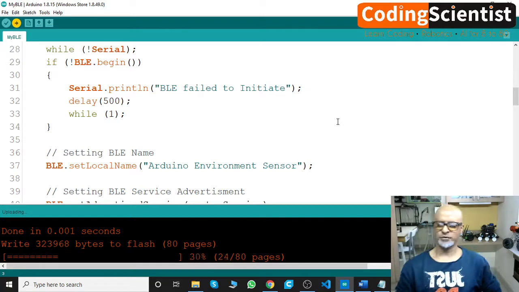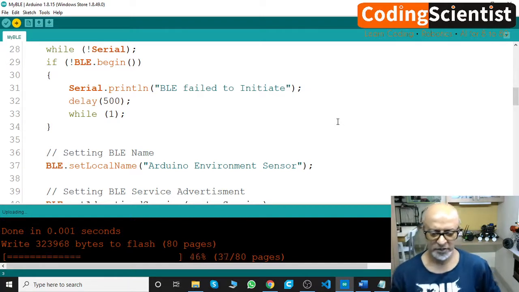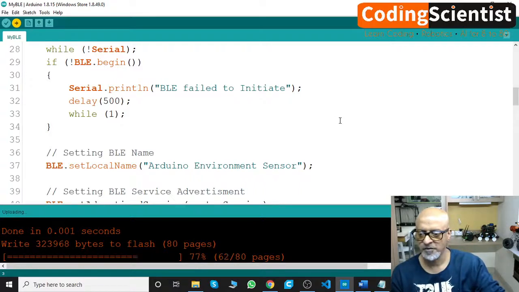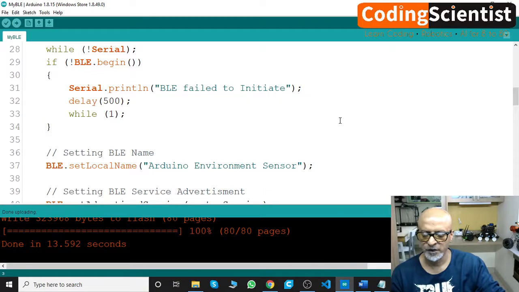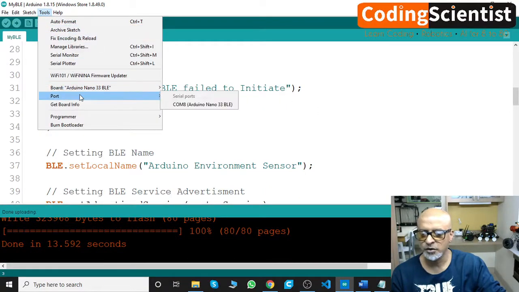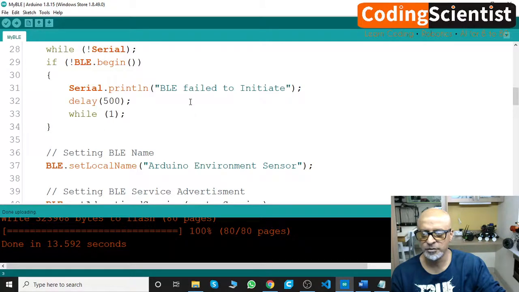Uploading takes a few seconds. Only the compiling is kind of a painful process sometimes. All right, done uploading. Now let's go to tools, go to port again, connect to the port.